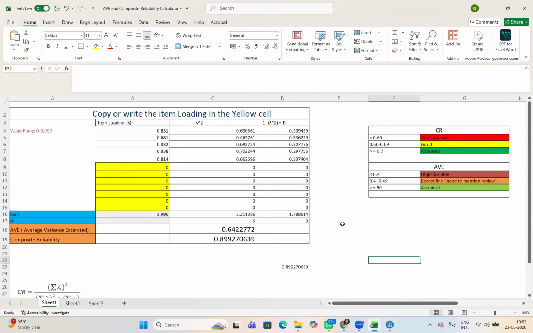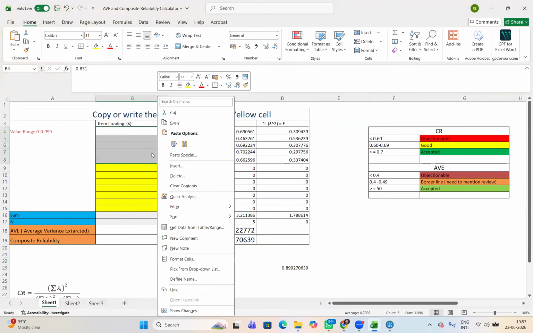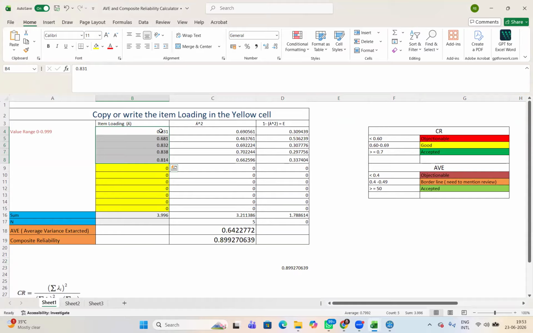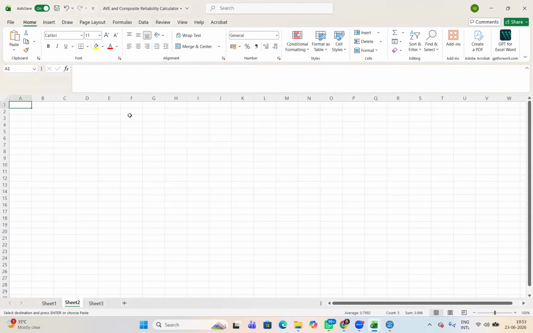So what is basically composite reliability? First of all, what is AVE? AVE is basically nothing. This is your loadings.